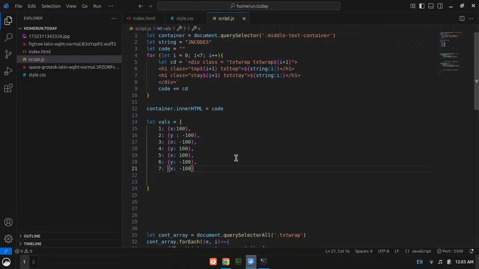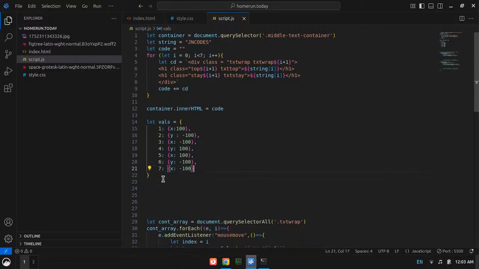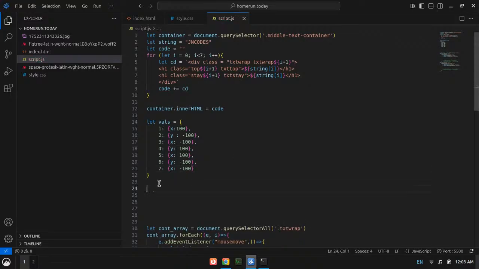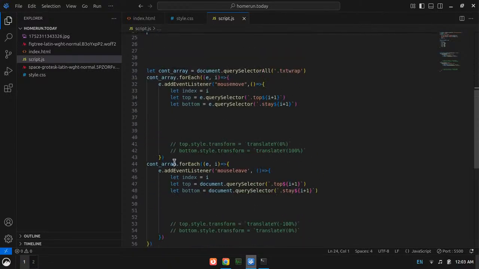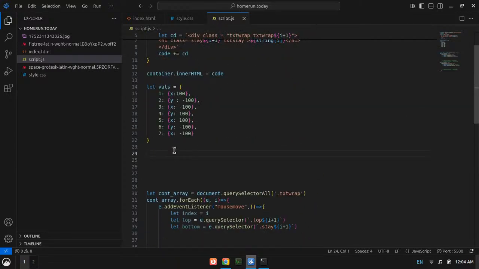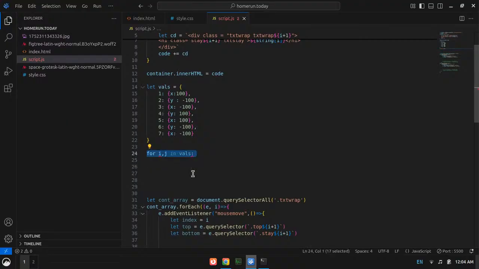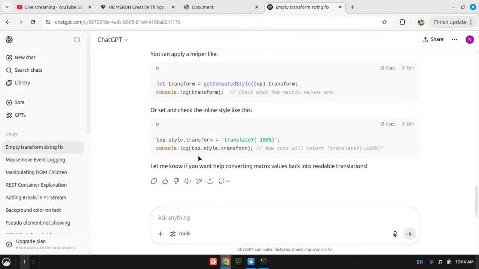Okay, now I need to loop through this vals. Let's just try looping over it. For i comma j in vals, now that isn't going to work. I need to take help from my brother ChatGPT. How to look through a dict in JS.